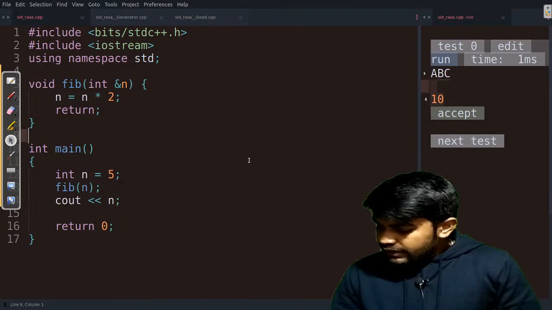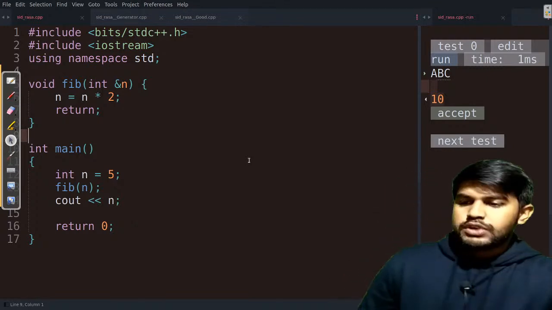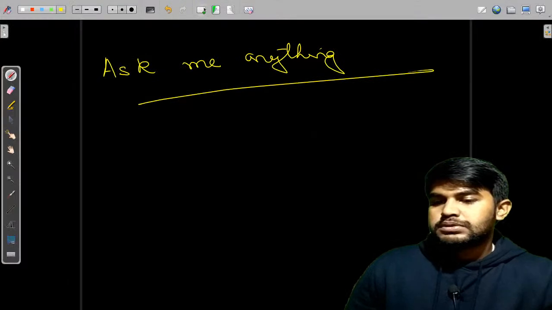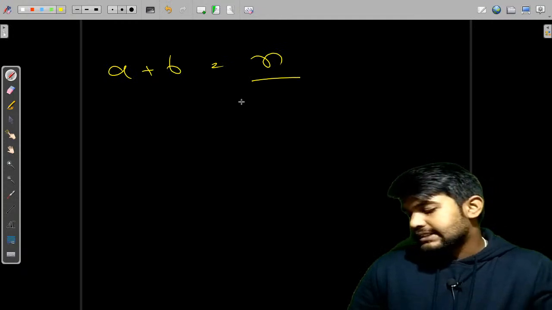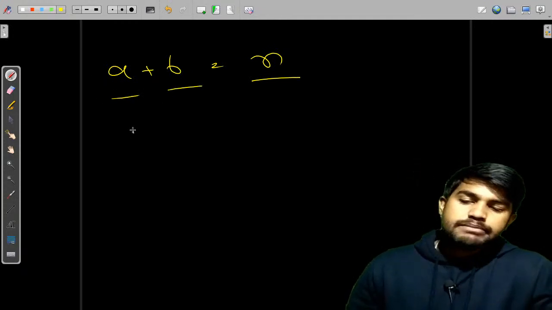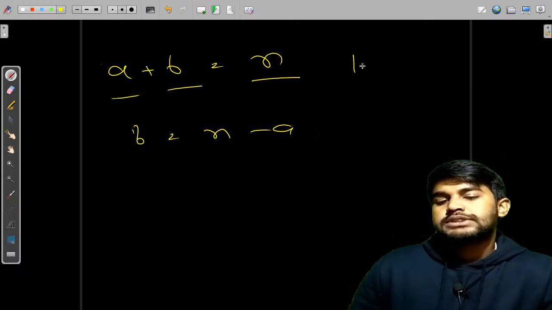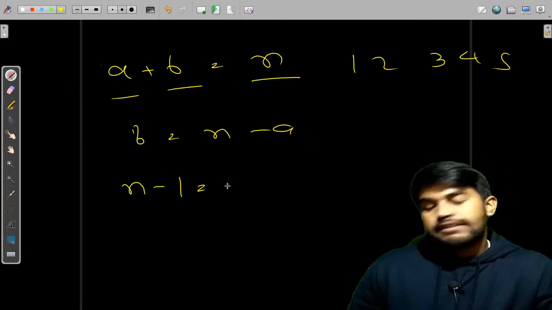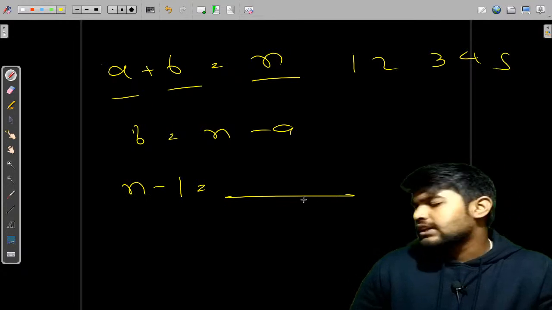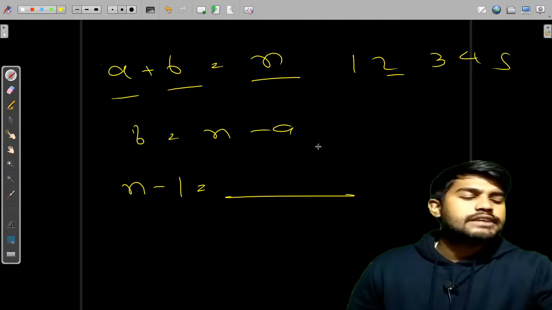You find all the possible pairs such that a plus b is equal to n, and a and b are both natural numbers. So your question is, suppose we have a plus b is equal to n. N would be given, n is the size, and then we have a and b. So what can be there is b is equal to n minus a. So what you can do is, suppose there are 1, 2, 3, 4 and 5. You can do n minus 1, whatever the value is, you can just find it using a hash map, and then you can go to n minus 2, and you can find the value by using a hash map.